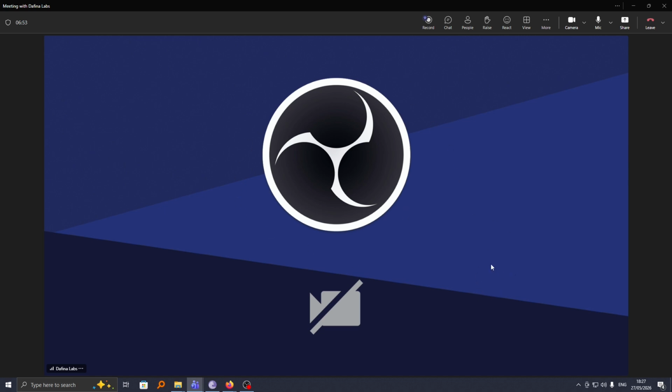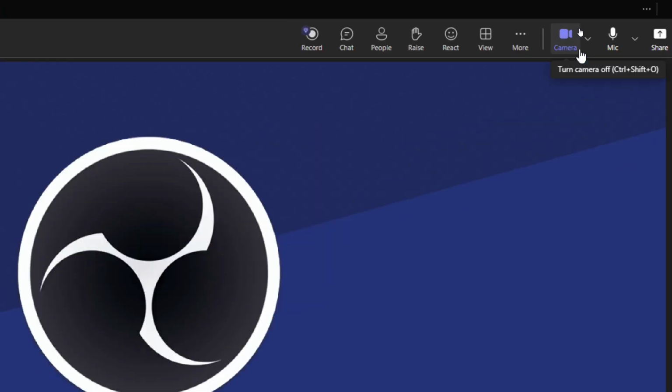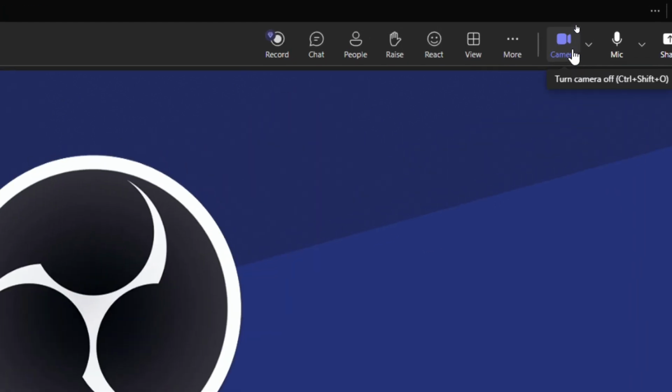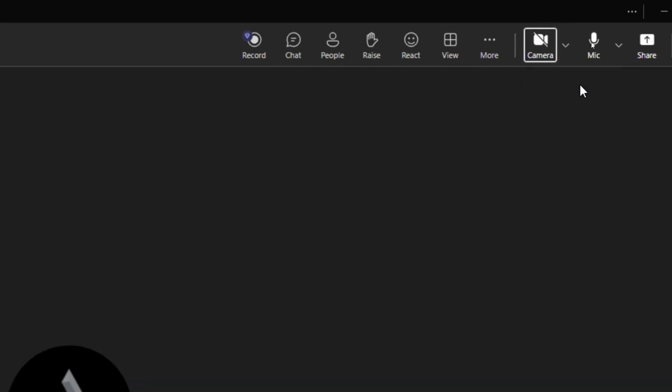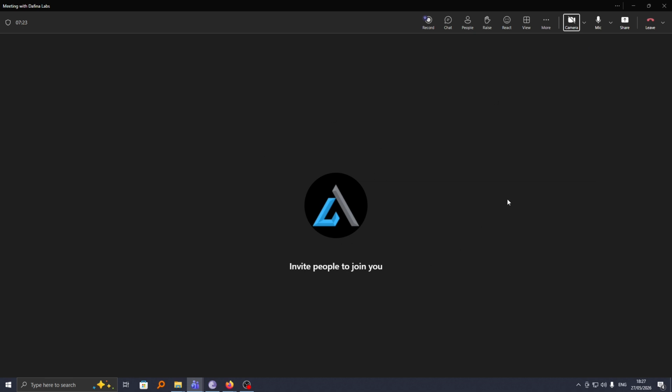This is a virtual camera, and if you wish to turn the camera off if it was on, then head to this camera and you can see we have an option to turn the camera off. You can also do the same by using a combination of Ctrl+Shift+O. So if I click on it, I'll have turned off the camera, and as you can see, the camera is